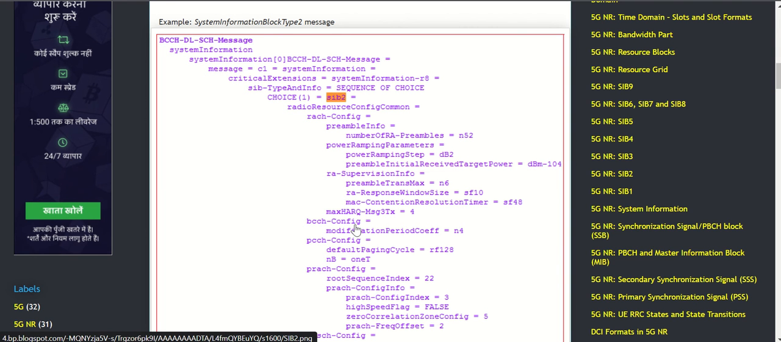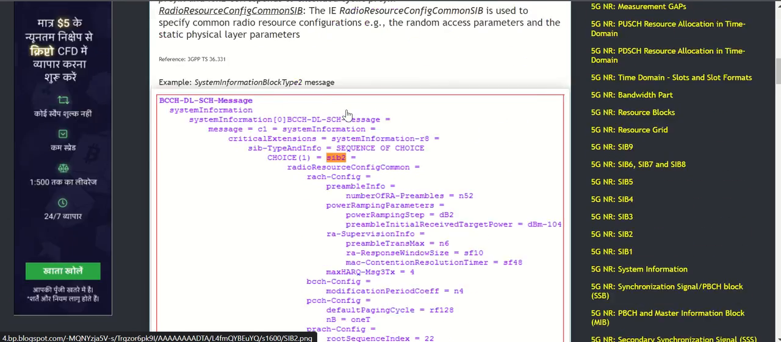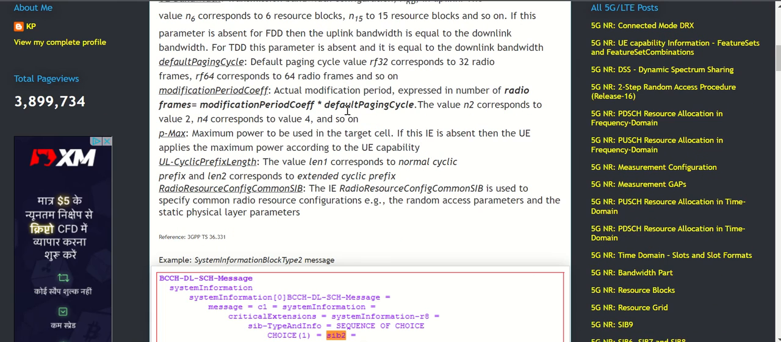Then after that we have some channel related configurations. We have BCCH config. It says modification period coefficient. Honestly, I don't remember what it does. Let's check if it is mentioned here. Modification period coefficient. It says